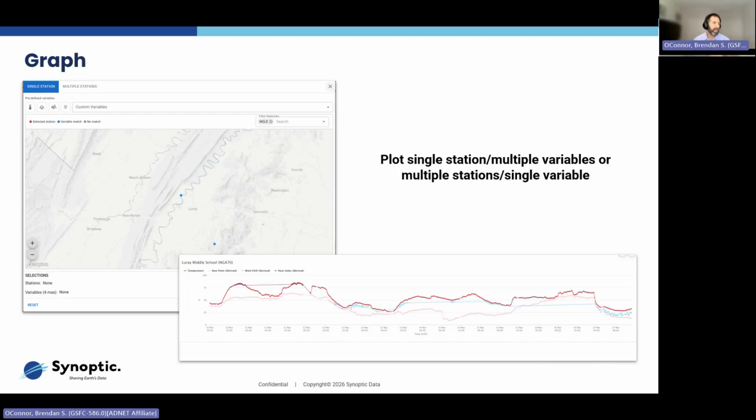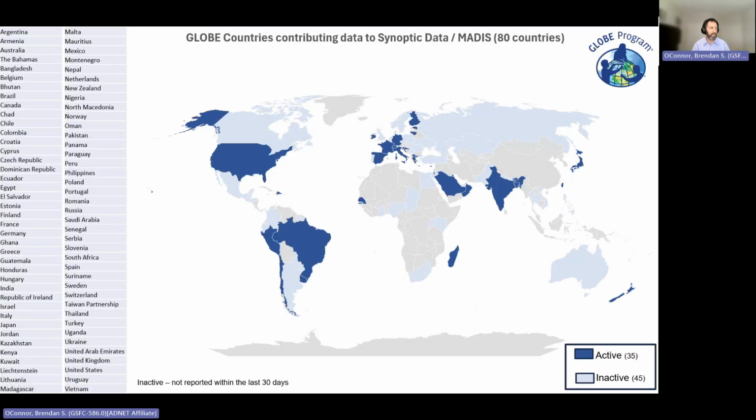Super, thanks, Elizabeth. Yeah, there's a couple of terms that we're interchanging here, like variable versus protocol, and station versus site. There are just little nuances, but they all have the exact same meaning. So I wanted to show the contributions from the GLOBE community that Elizabeth mentioned. What you're seeing here is a map of all of the different countries that have submitted data through the whole QA/QC process. As Elizabeth mentioned, there's 35 active and 45 inactive.